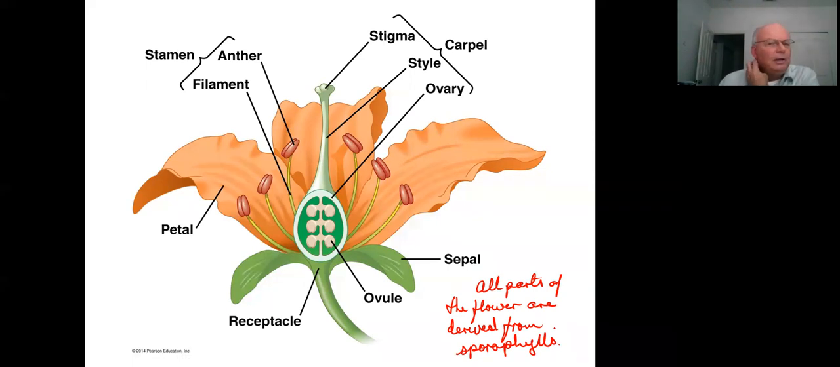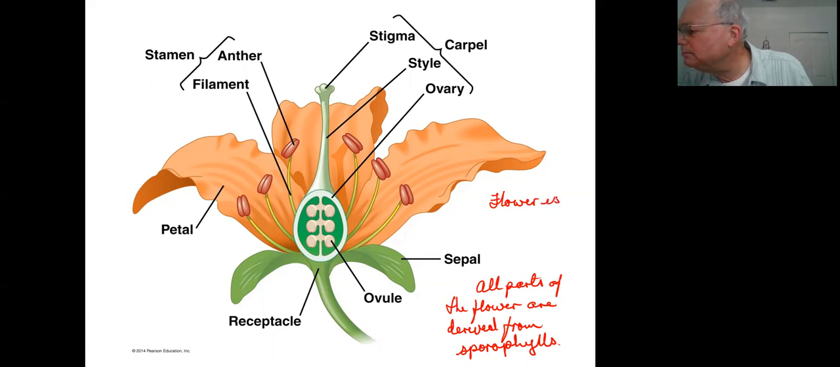And in fact, a flower is produced by a transition